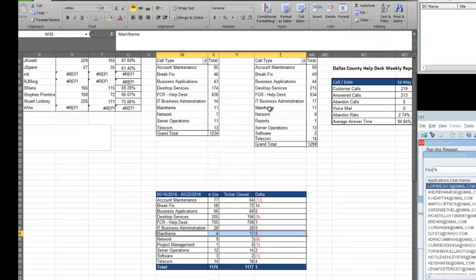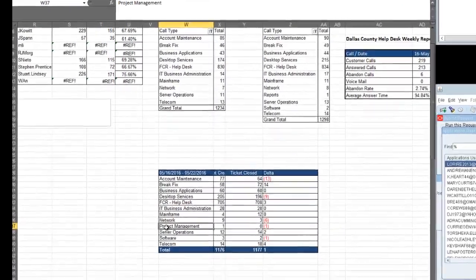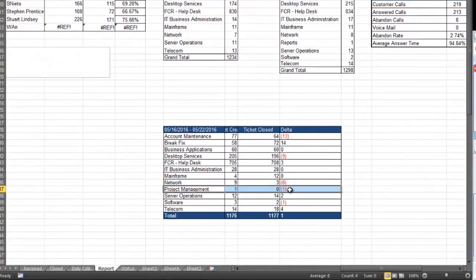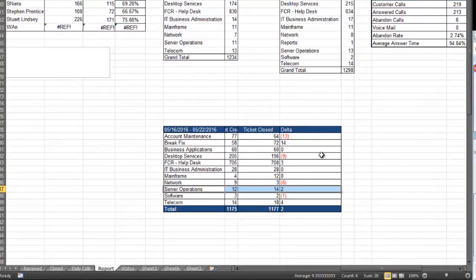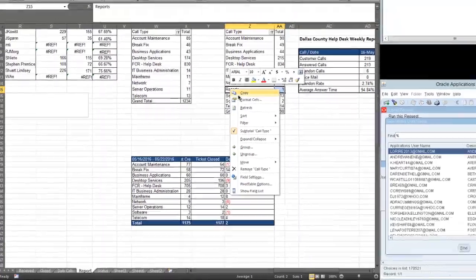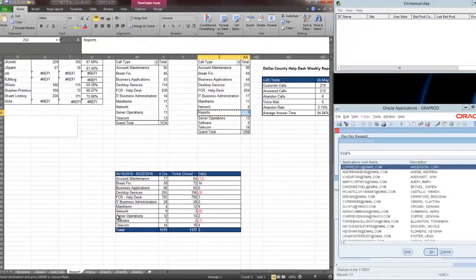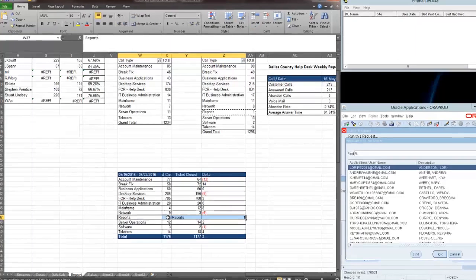Now we have a mainframe, we have a network. Project management this week. This is last week, so we'll delete that one. But we do have reports. So we need to take this, copy it, and do this number, and then click insert and reports. But there's no